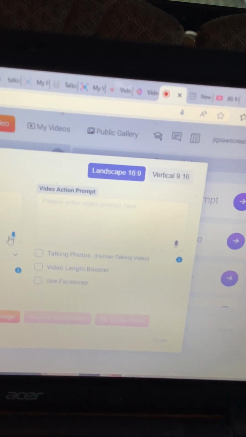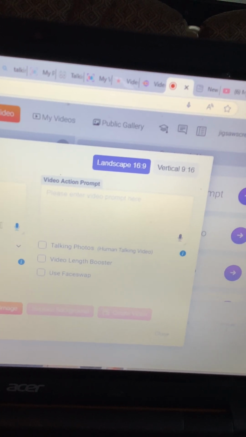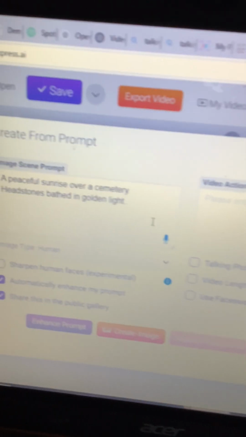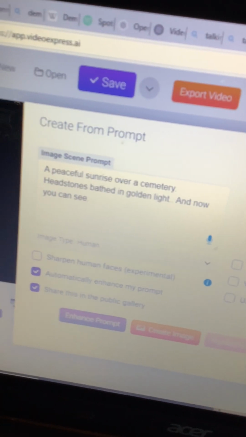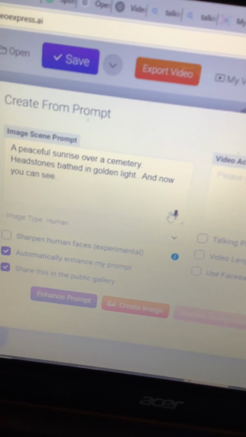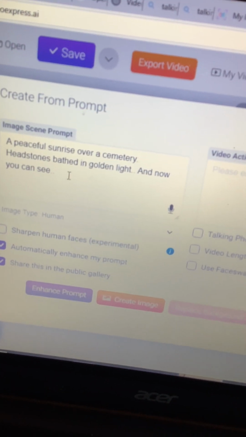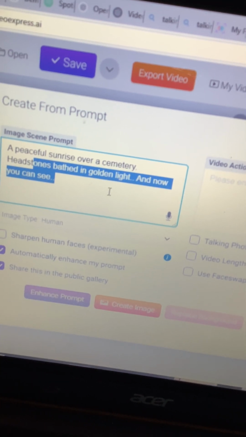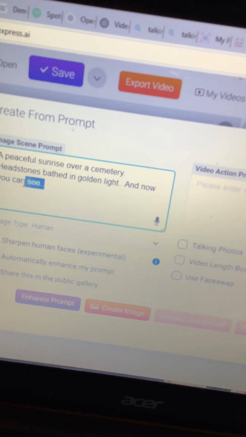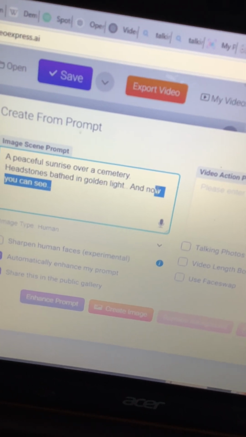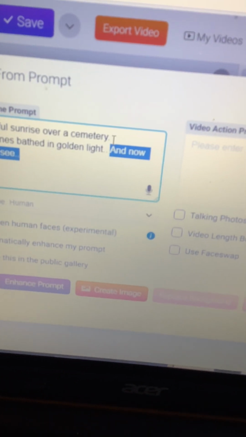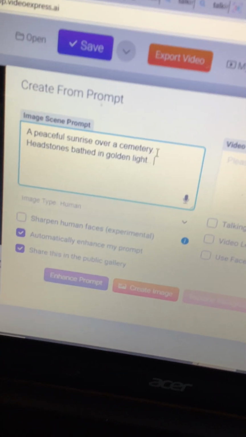A peaceful sunrise over a cemetery, headstones bathed in golden light. So now you can see, whoops, turn that off, that everything I say, it typed out, inserted into the system. Stick that out of there, don't need that. So now I